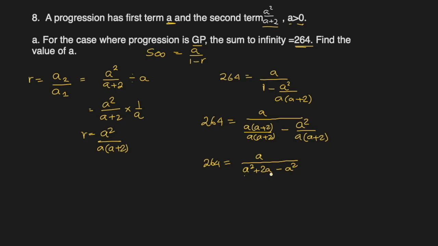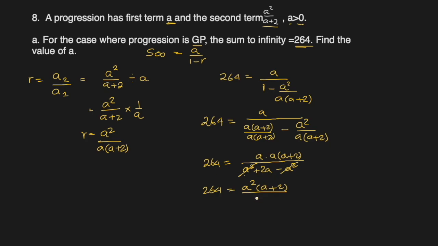I'm not writing the denominator anymore, because the denominator of a denominator is numerator. So I can write this a plus 2 on top to make it simpler and cleaner. So a was already here. A plus 2 came from the denominator of the denominator. So 264 equal to a square, a plus 2 is the numerator now, and these two cancel,